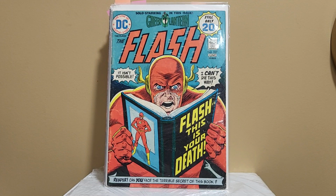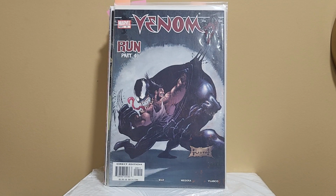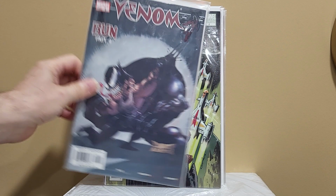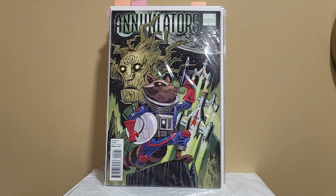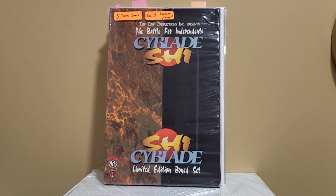Flash 227, I believe this is. Yeah, this just is a filler. I'm working on the Flash Volume 2, I believe that is. This is another run filler. Venom number 9. This is a Sam Keith cover with Wolverine. I only need, I think, one more issue to finish that series. Annihilators number 2, the variant. Battle for the Independence, Cyblade She. I'm not sure what I'm going to do with this. I may end up selling this,